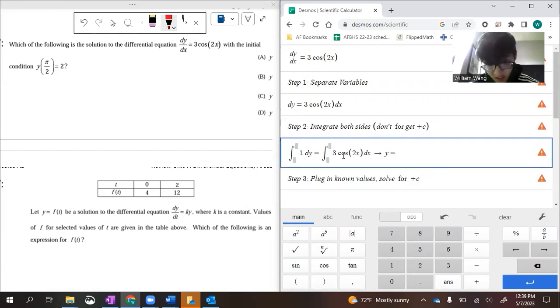All right, the integral of 3 cosine of 2x. One thing to note here: obviously the integral of cosine should be sine, but there's a 2x here, so normally I would do a u substitution, right? U is equal to 2x. And you can do a u substitution, you actually should. But if I've done enough u substitutions, I know that really all I'm going to do,